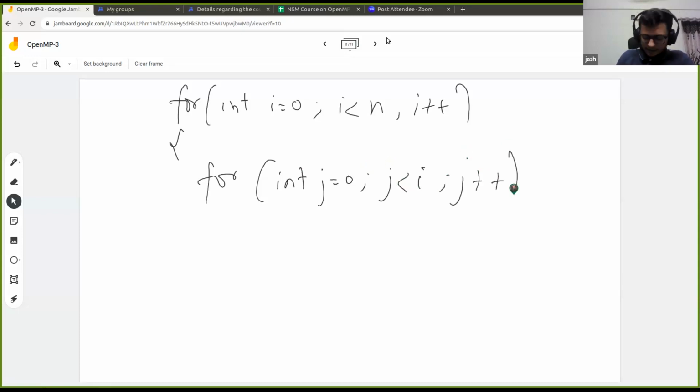You might have something like this also. Now in this case, let us say that you are parallelizing the outermost for loop, which is this one.